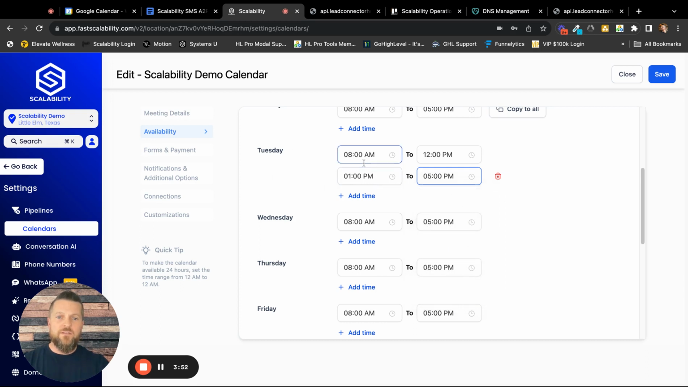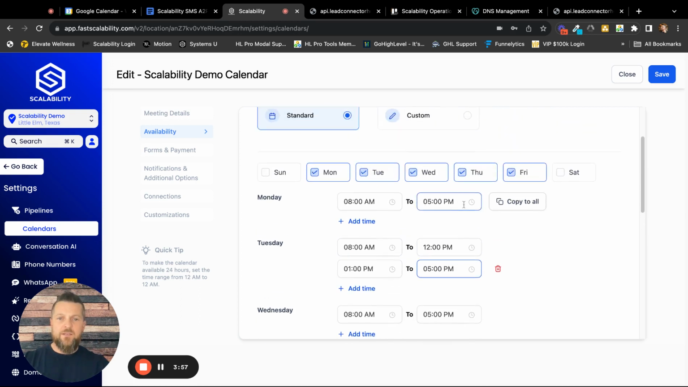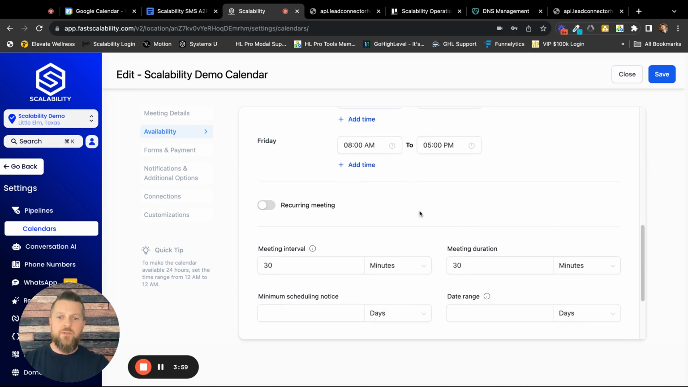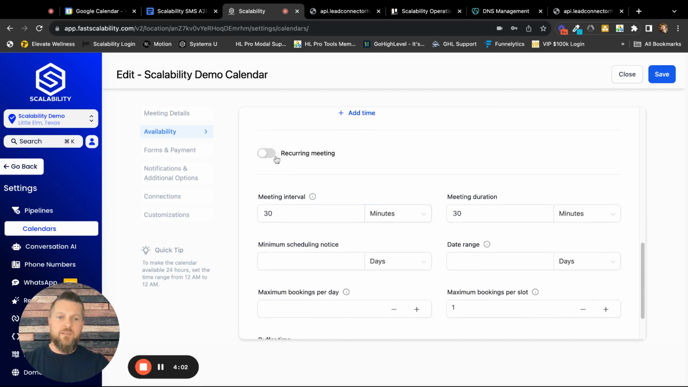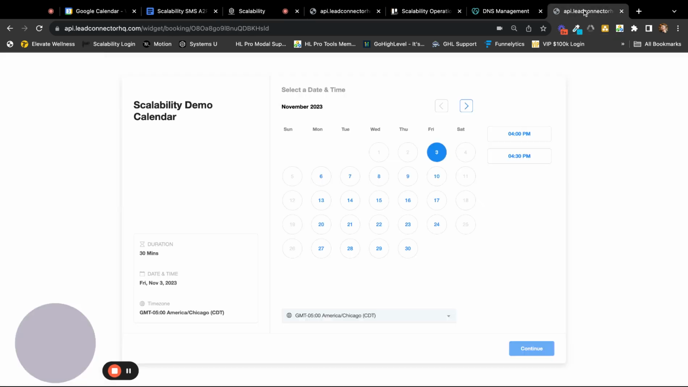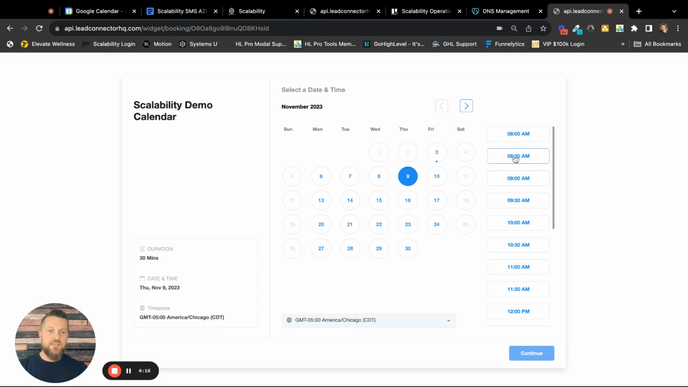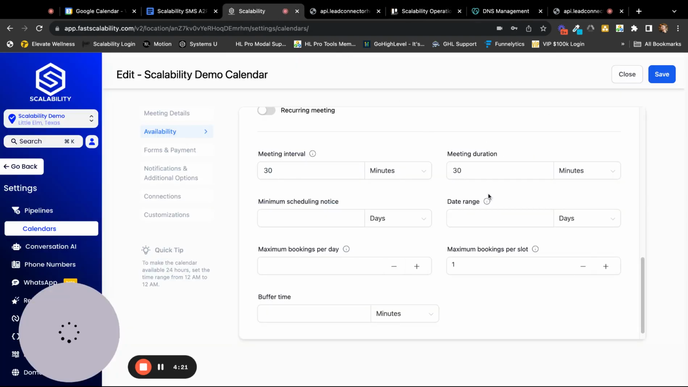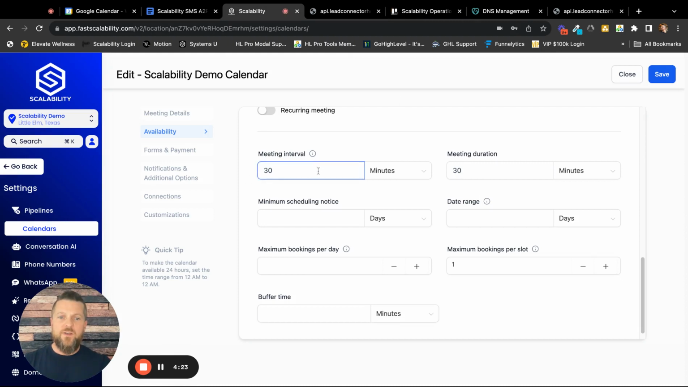So now on Tuesday, it's going to show the availability from 8 to noon and from 1 to 5. So you can really dial in the times that are available here, right? You can make it a recurring meeting, and you can set it up. The intervals are going to be the space in between the times that show up as available. So if I go up here right now, you see it says 4 and 4:30. If I click on one of these days, it's showing 8, 8:30, 9, 9:30, 10, 10:30. That's this meeting interval. So if I change this to say 15 minutes